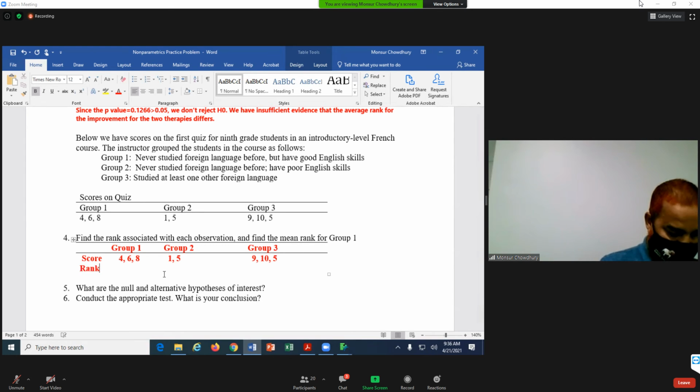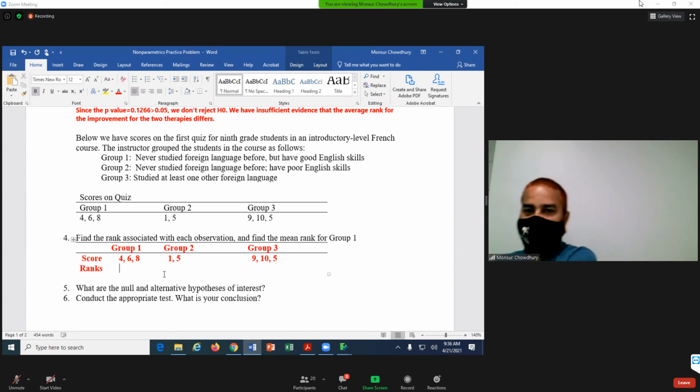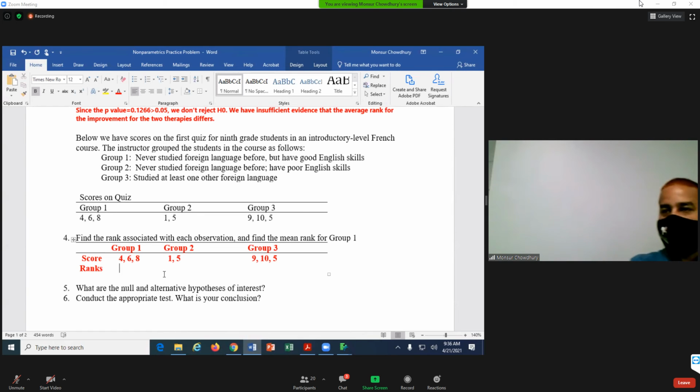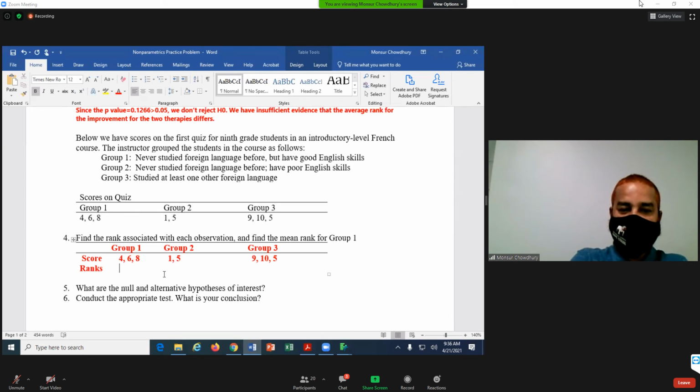Ranks. So what do you think? What should be the rank of this? How can we write it down? If we rank the lowest score first, then the highest goes last.